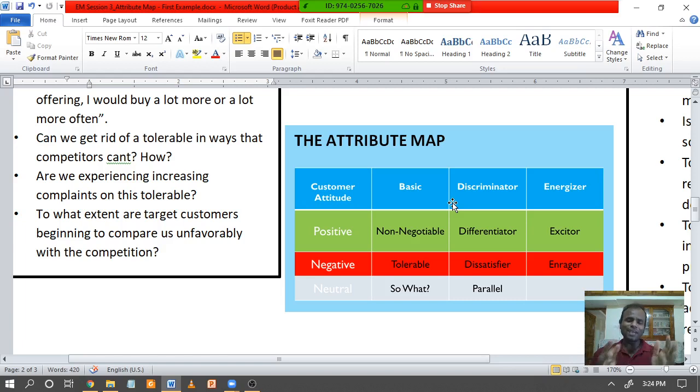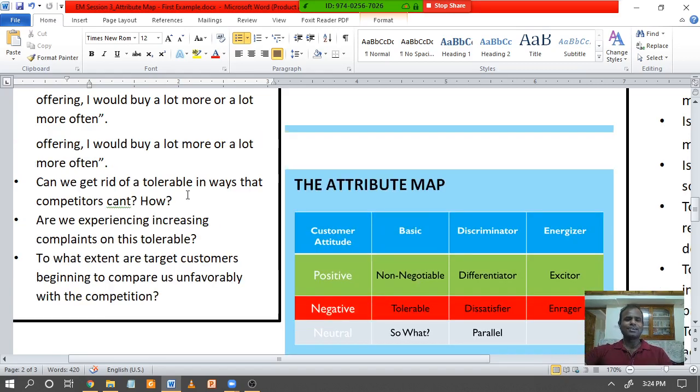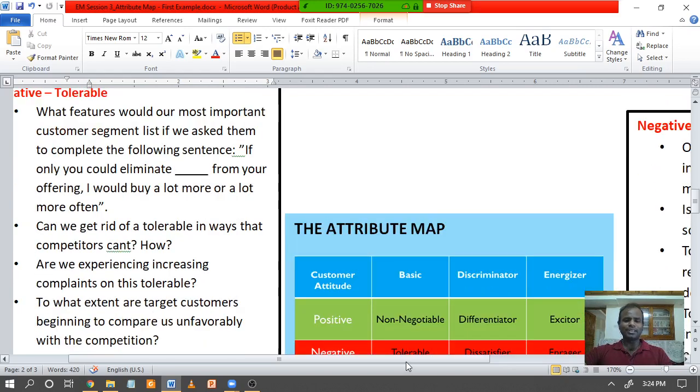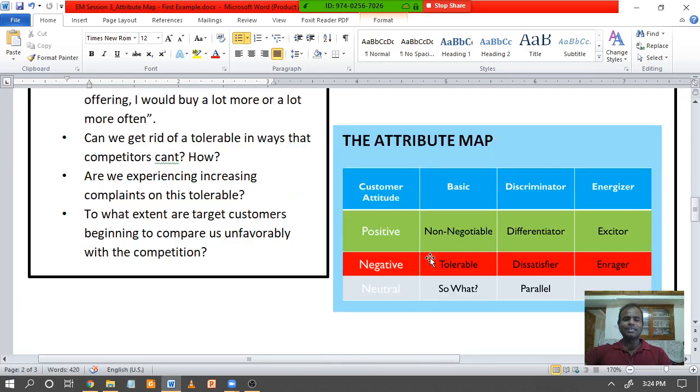Or which I am new to start, which others don't have. For example, IST is one thing that only we have, Manipal has, right? This is an exciter factor. There are so many offers that we give through IST which others don't have. So that is an exciter factor. Are you able to understand where we are getting at? Okay, so we'll continue with the next aspect, that is the negative attitude.